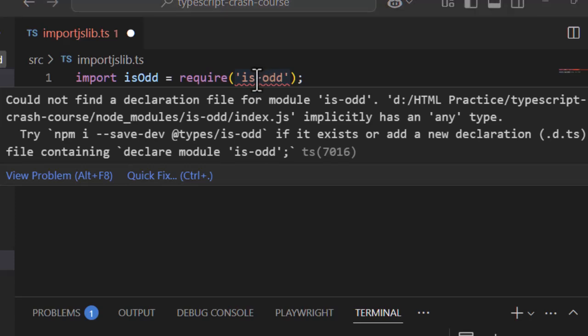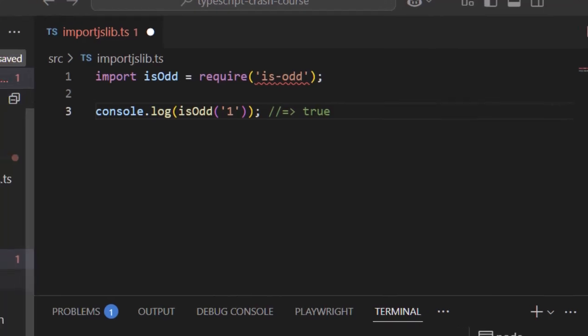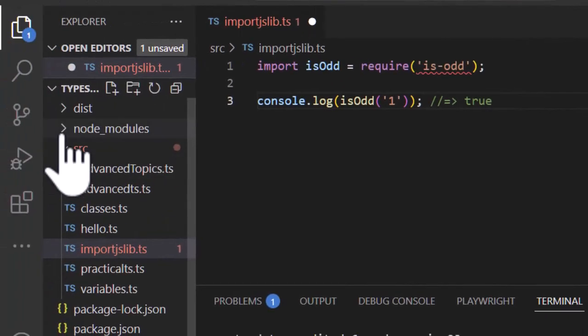It is suggesting to first check if a type from DefinitelyTyped is available under @types scope, which should be step one, but we'll skip that since it doesn't align well with our demo, right? The second suggestion is to create a type declaration file with a .d.ts extension containing declare module 'is-odd'. That's what we are going to do. But you should always try step one first. Before jumping to the type declaration step, we first need to inspect the code we are creating type definitions for. Otherwise, there's no point. So to do that, let's go to node_modules